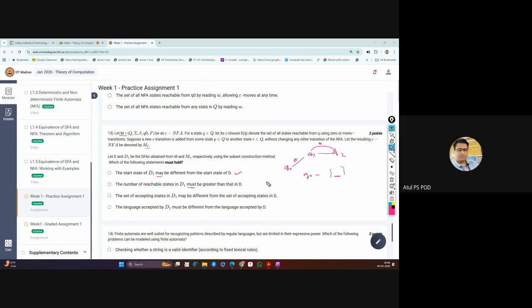It can remain the same as well. Because of this "must", it is not correct. This is not always true. The number of reachable states in D1 will not always be greater than in D because of this one additional transition. Because we are adding an epsilon transition from P to R, R is now in the epsilon closure of P. But if it were already in the epsilon closure of P before even adding this epsilon transition,